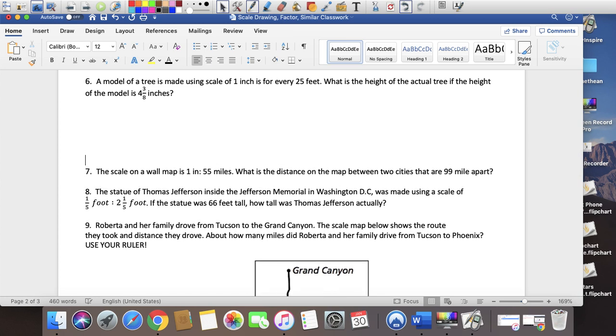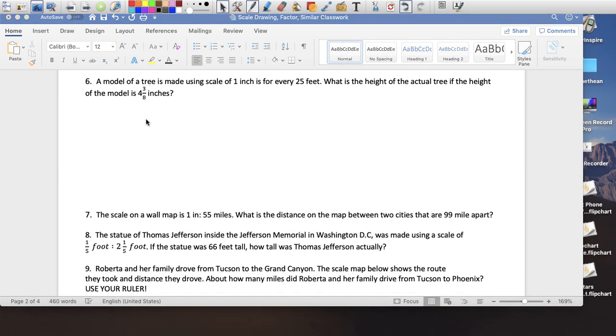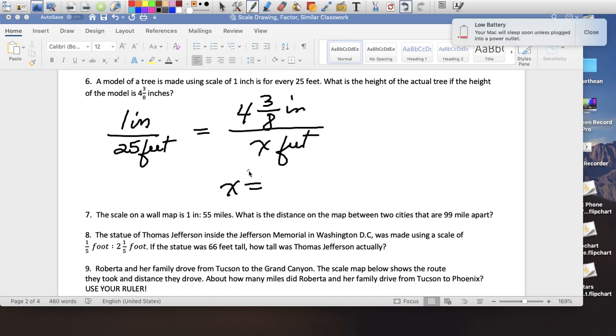6. Model trees being built using a scale of 1 inch is 25 feet. So that's what I know. All right. What's the actual height of the tree if the height of the model is 4 3/8 inches? So if on the model that you're creating, your tree measures this much, what's this height in real life? Well, this one's nice and easy because all you gotta do is multiply 25 times 4 3/8, and that equals,